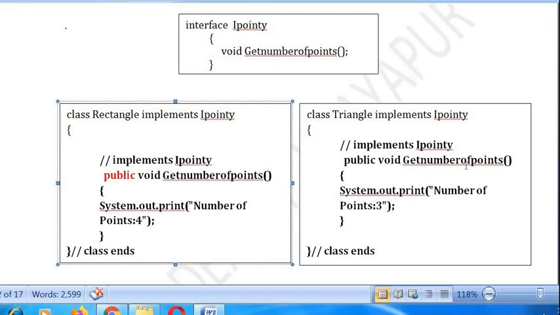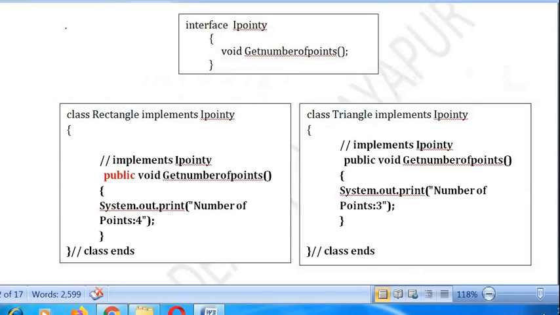It implements getNumberOfPoints. We define the entire method which will display the points is equal to 3. Like that, you can define hundreds of classes which will implement IY. Inside those classes, we need to implement getNumberOfPoints. For simplicity, we have taken two classes: one is a Rectangle class, one is a Triangle class.